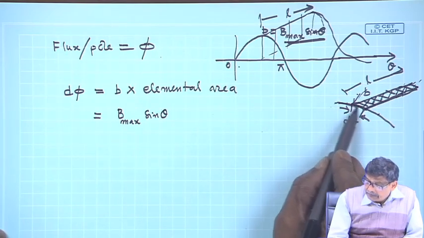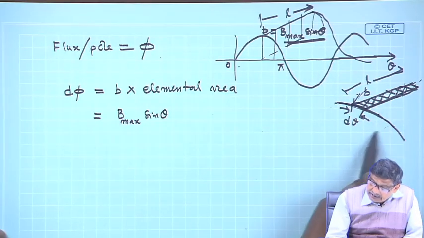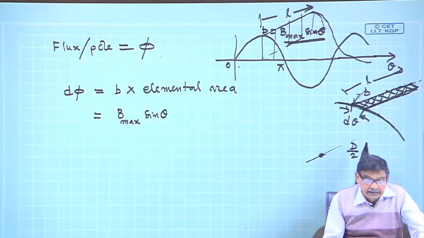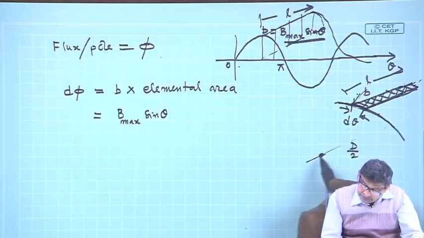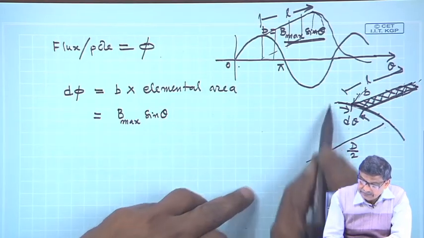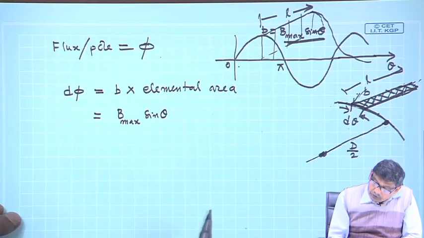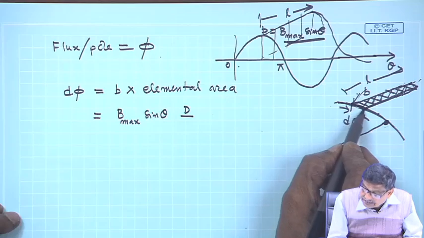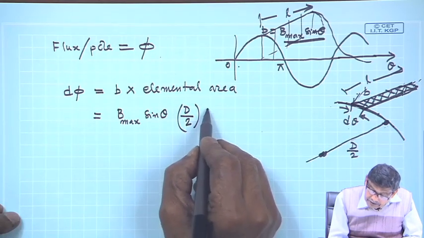If D is the diameter of the rotor, so its radius is D by 2. Capital D, I have assumed, is the diameter of the rotor. Its center is somewhere here, and it goes like this. So D by 2 is the radius, and the arc D theta is this arc length. So, D by 2 into d theta